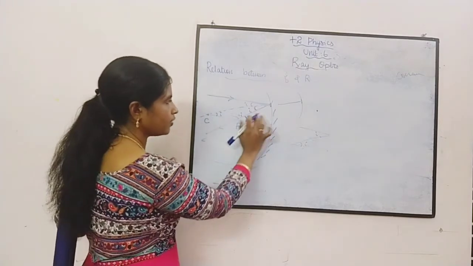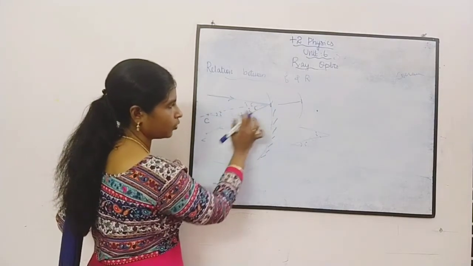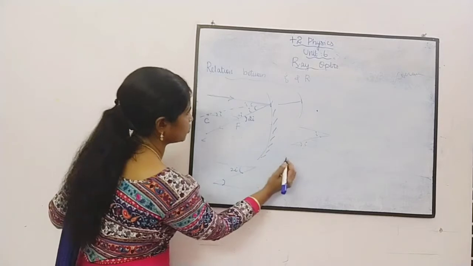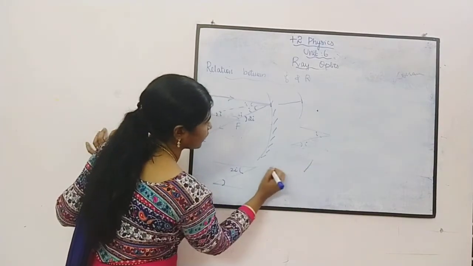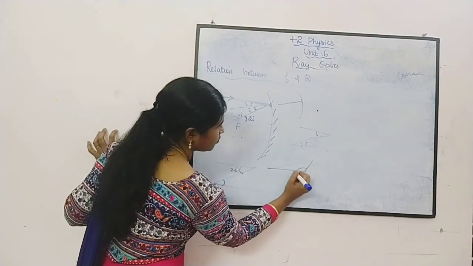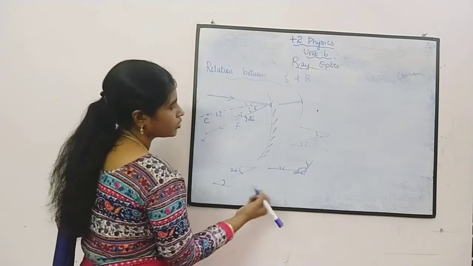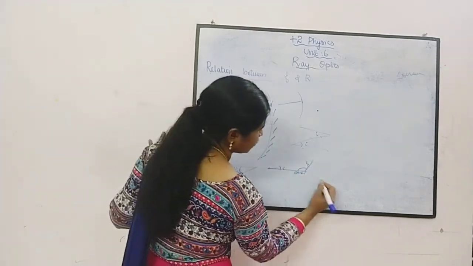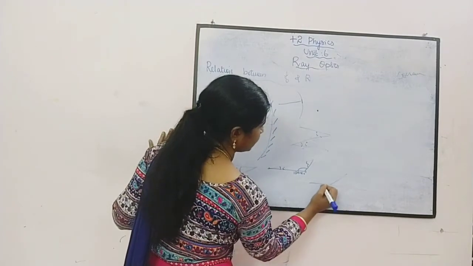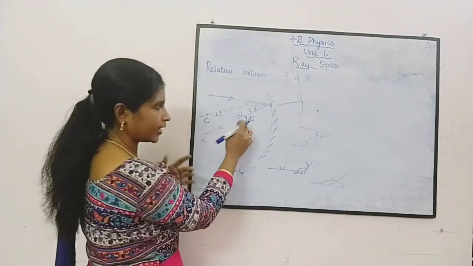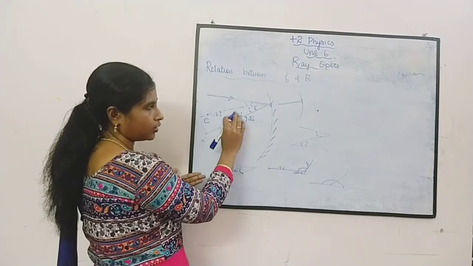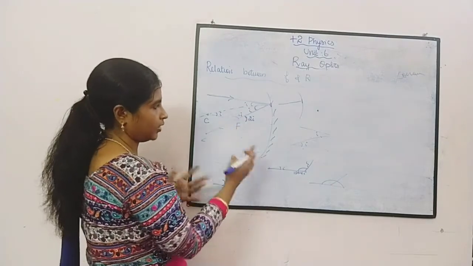So using these three angles also we can find it. So this is 180 minus 2I. This is I. This is I. Okay. So when you take all of this together, we have already found it. But if you want to find it from this also we can find out.